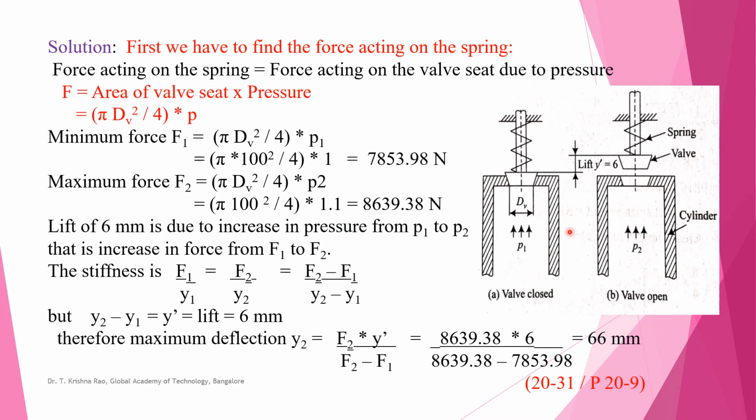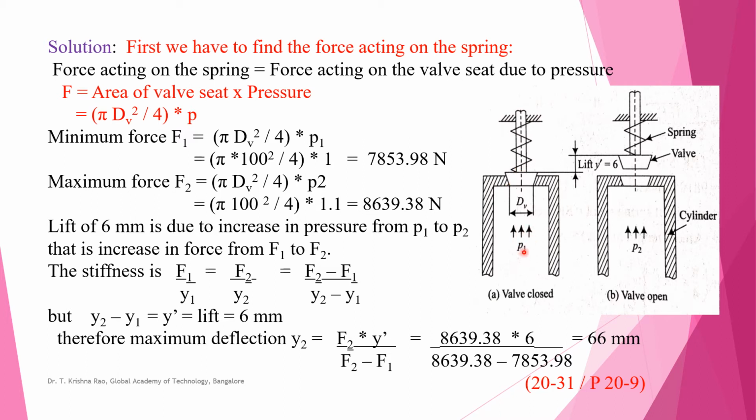Then this is the figure to understand how the valve works. When the pressure inside the cylinder is 1 MPa, the valve should not open. The spring is compressed and kept here. It will always push downward, like our safety valve in the cooker. It is always acting downward, pushing this part. Though there is steam pressure inside, it is not opening.